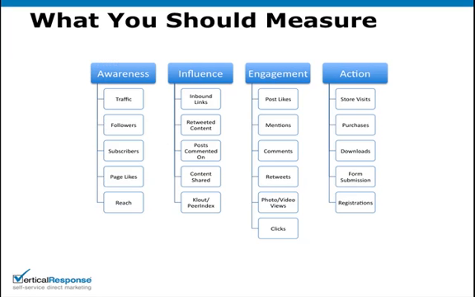And under each of those, you'll see some examples of what might be a good indicator of one thing or another. So with awareness and reach, it has to do with traffic to your various sites, how many likes you're getting on your page, how many followers you have. And reach is really about how many followers your followers have too. So when you get something retweeted, you can look at who's retweeting it and see how many people might have seen it. And some of the tools that we looked at earlier are going to give you an idea of that reach based on retweets that are happening and clicks that are happening.